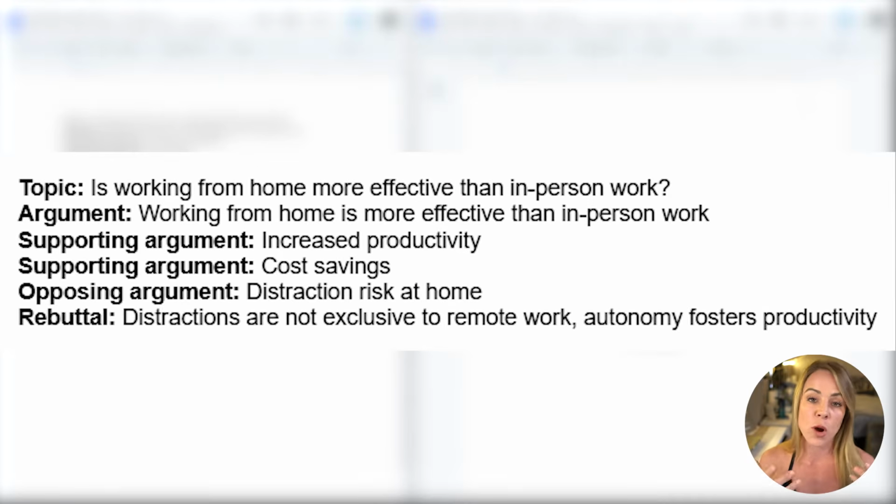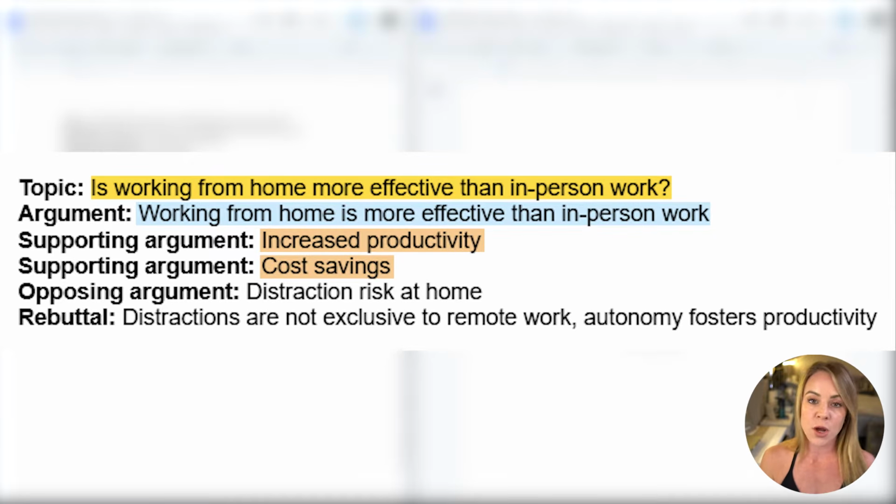So the topic for our argumentative essay is going to be, is working from home more effective than in-person work? The argument we're going to make is that yes, working from home is indeed more effective than in-person work. The two supporting arguments we're going to use are that it increases productivity and there is a benefit of cost savings.